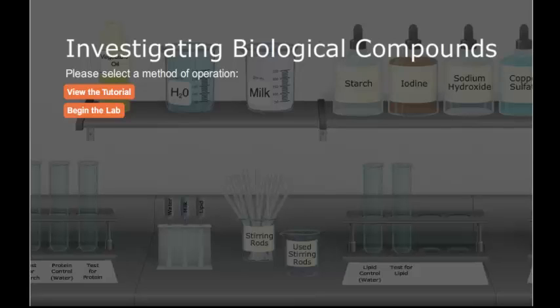The way we test for lipids is by using a solution called burette solution. Now, in this virtual lab, there is no burette solution. We do have that in our real lab. So it is actually a combination of sodium hydroxide and copper sulfate. Even though this virtual lab does not provide us with just a pre-mixed burette solution, it does provide us with copper sulfate and sodium hydroxide. And we will be combining copper sulfate and sodium hydroxide to make burette solution in this lab. The final test